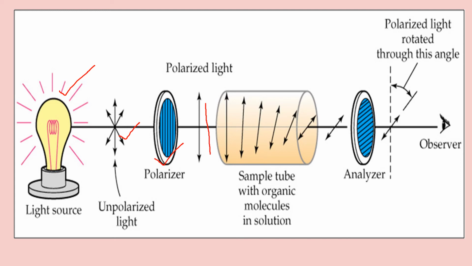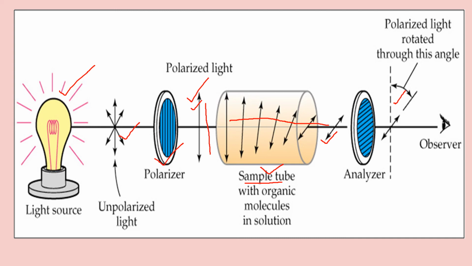And then they see that if it is passing absolutely straight like this, it remains as it is. That means the sample of organic compound that you have filled here in the tube is not optically active. But if the light is turning towards right or left after passing through the tube, which is filled with organic compound, we say it is optically active. So if the light, as you can see, the direction of propagation is changing from here to here, right? From this, it has turned like this. So we can say that the polarized light is rotated through a particular angle.